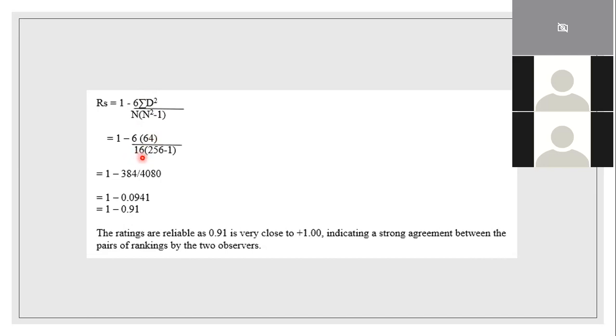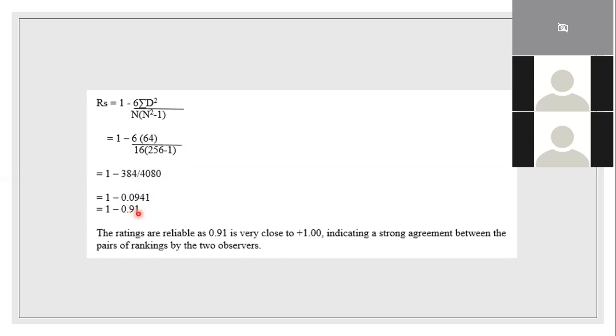So it's going to be 16 times 16 squared, which is 256, minus 1. When we do 6 times 64, we get 384. And when we do 16 times 255, we get 4080. And when we divide these two, we get